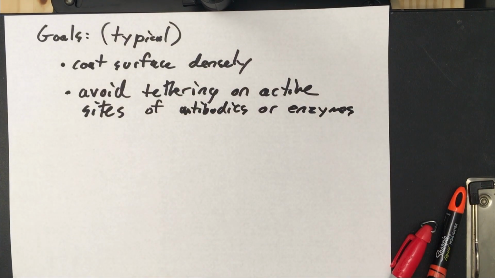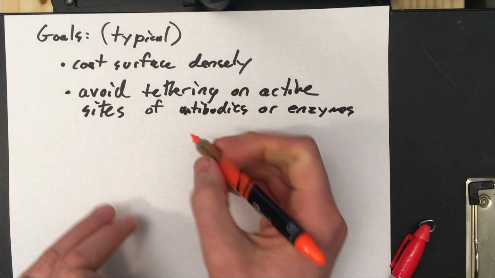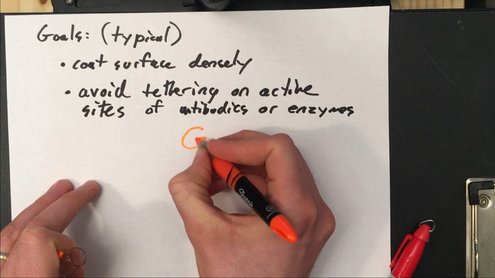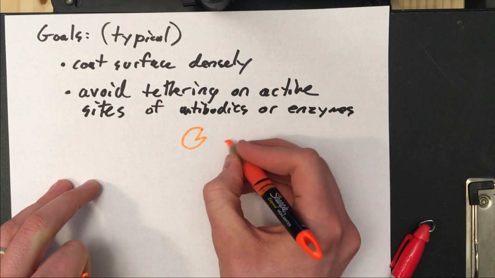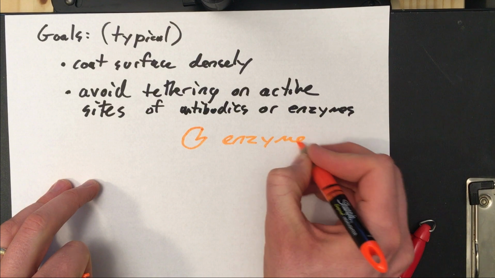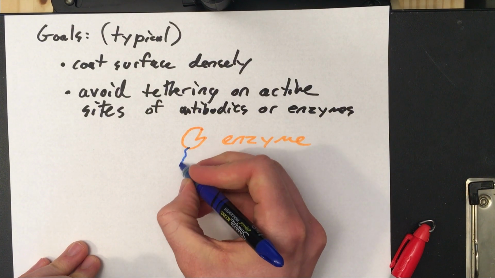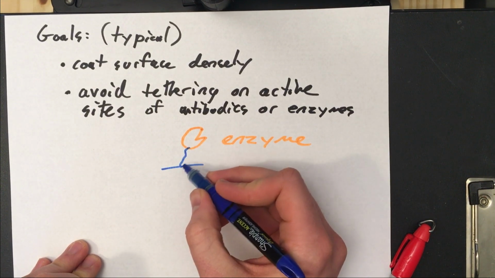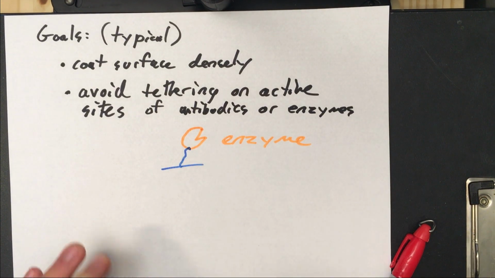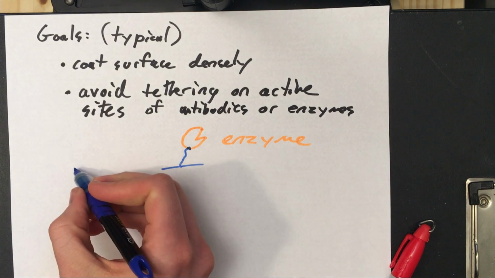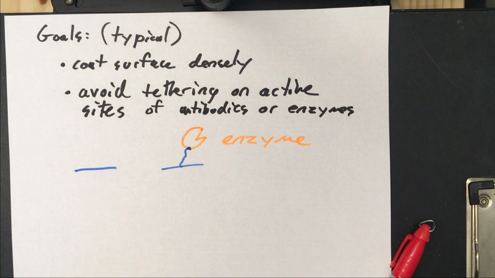Right, so if we look at this canonical view of what an enzyme looks like, if there's some enzyme, it would be a lot better to tether that enzyme to the surface on some non-important site, because you can imagine if I had some enzyme